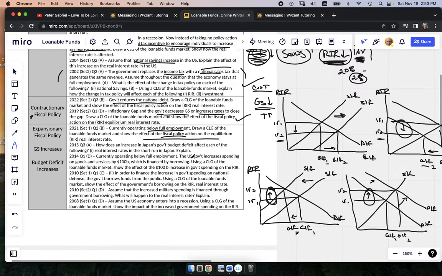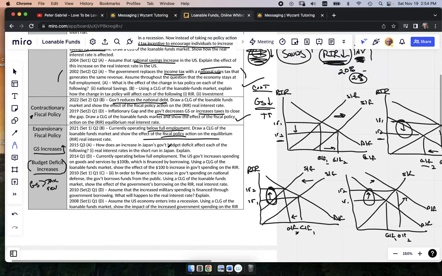Let's read some of these just to make sure we understand what's going on. Understand that if a budget deficit is increasing, it implies government spending is greater than tax revenue, which we should just always assume it is. Therefore, that would increase the deficit. My short answer here is anytime there's a budget deficit increase, I know government spending had to go up. And now we're back to that scenario.